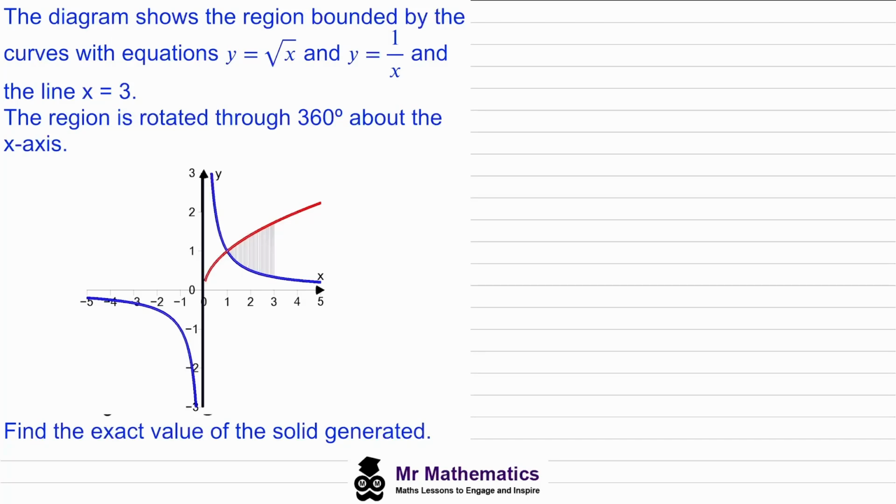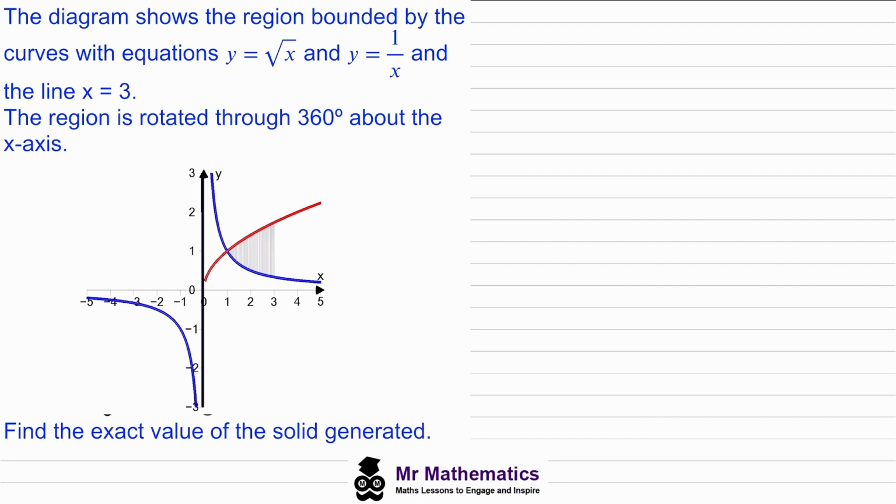Hi everybody. So in this video, we're going to look at adding and subtracting with volumes of revolution. This diagram shows the region bounded by the curves with equations y equals the square root of x, which is this red one, and y equals 1 over x, which is the blue one, and the line x equals 3, which is here. The region is rotated through 360 degrees about the x-axis, and we can visualize what this